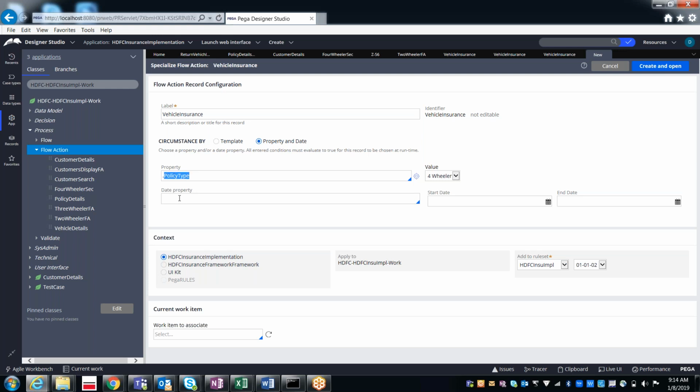In the date property you can select the start date and end date. Based on the value you select, if it is in between these two, then only this flow action will be fired. But right now we are not referring to any date, only the property level. If the property has two-wheeler, we have the two-wheeler section, and again three-wheeler section. In the same way for the four-wheeler, we have the four-wheeler section.